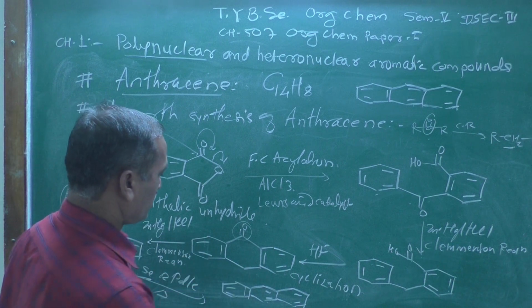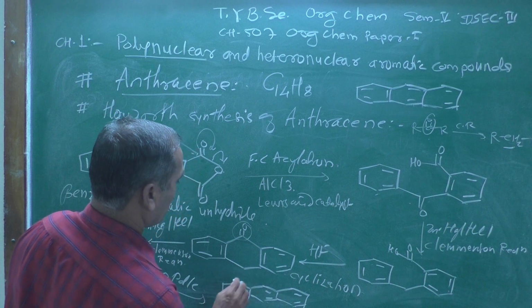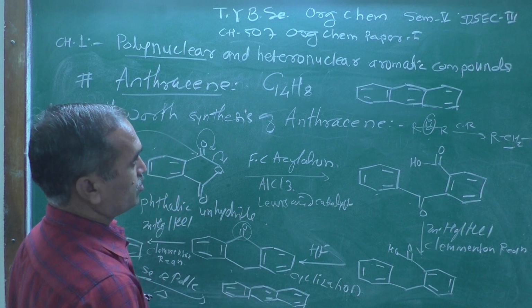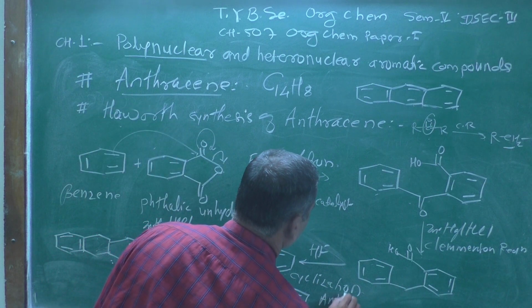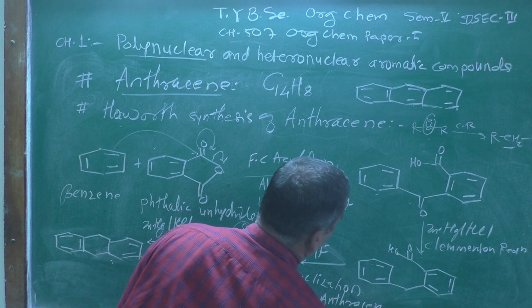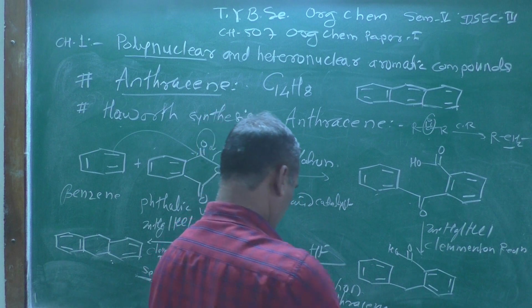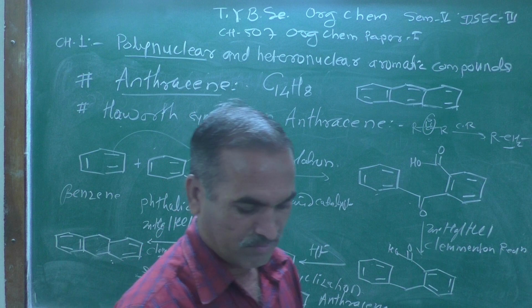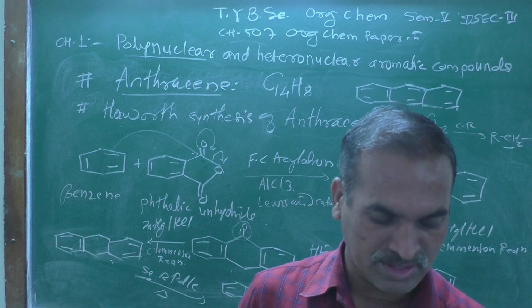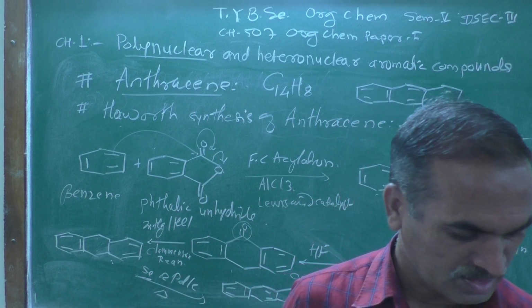It gives the compound which is nothing but anthracene. So this is the structure which we got here, anthracene. Look at this. This is a very simple synthesis for anthracene,